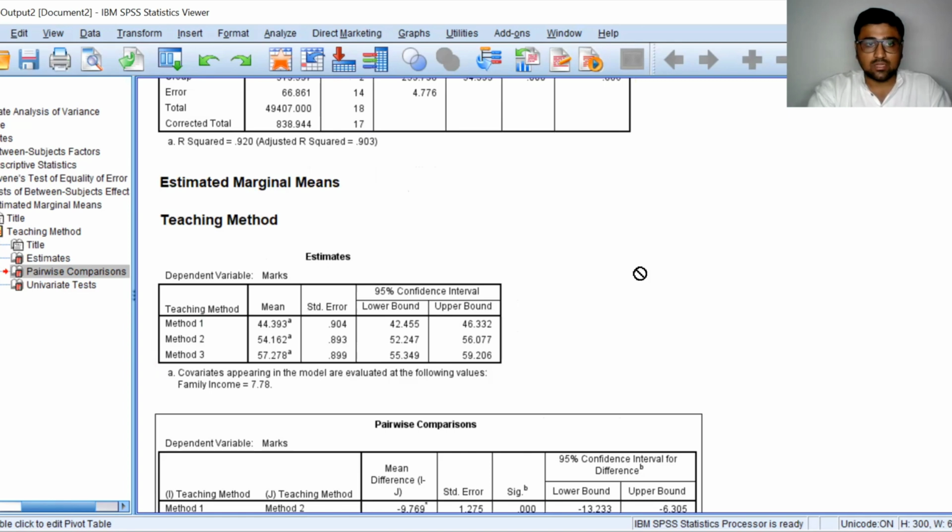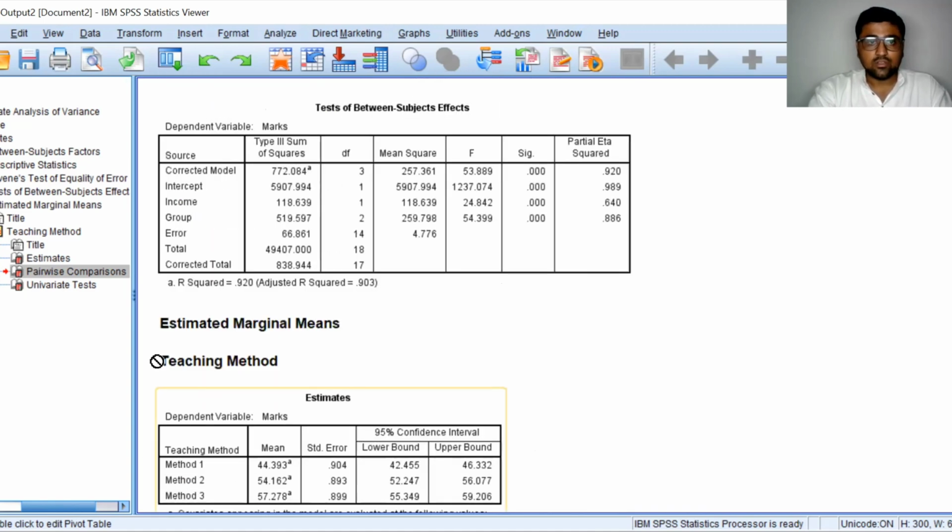So this table is adjusted for covariate. So now you can see we have the significant difference from this table and we can conclude that there is a significant difference between various teaching methods in terms of their effectiveness.